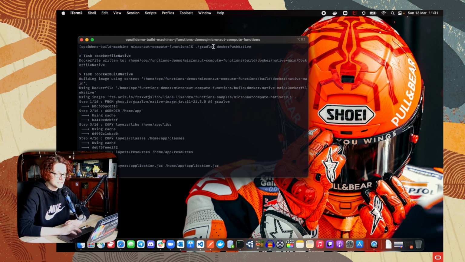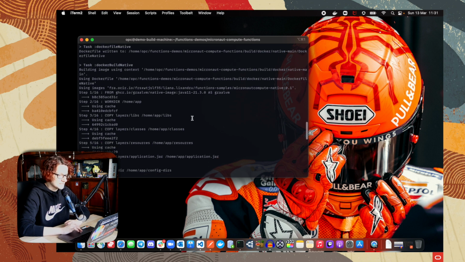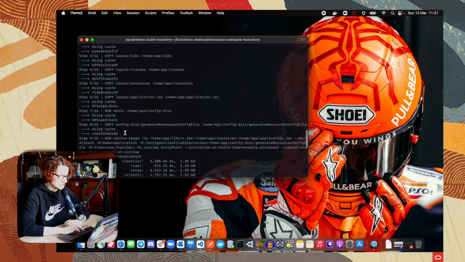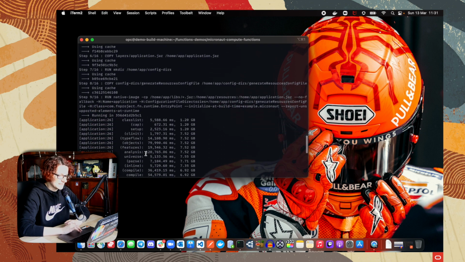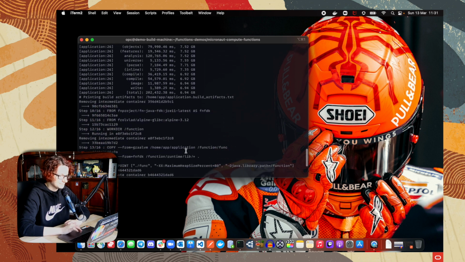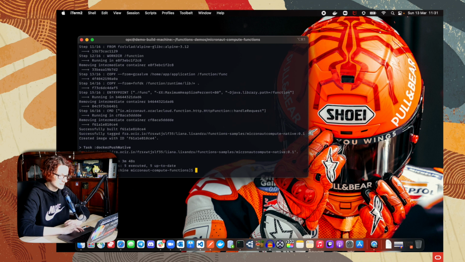And then I just logged in to the same repository using Docker login, and then ran gradlew dockerPushNative, right? And this, as you can see, starts running the GraalVM native image and building a native image out of it. So here you can see the memory usage, right? And it took 3 minutes and 48 seconds to build my container. And then it publishes it to the same container repository. So if you want to create then a function using that,